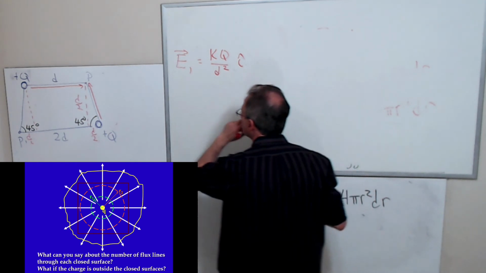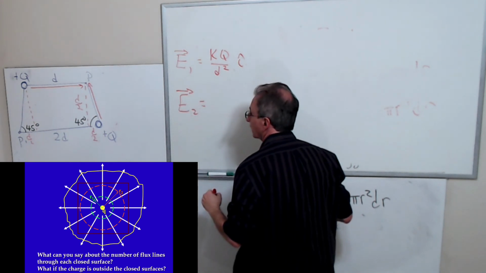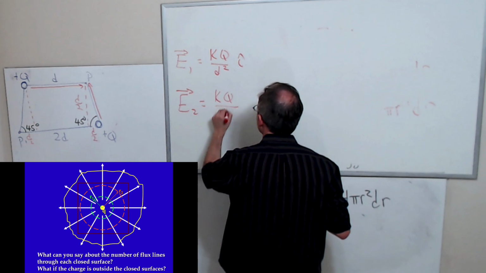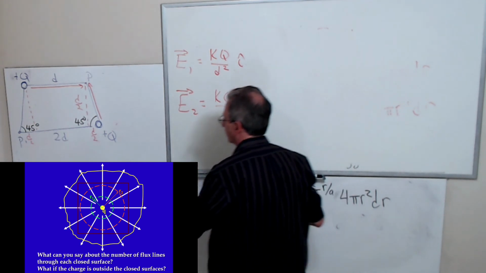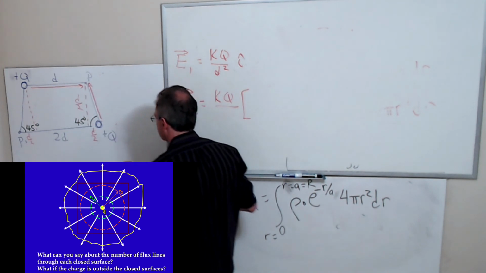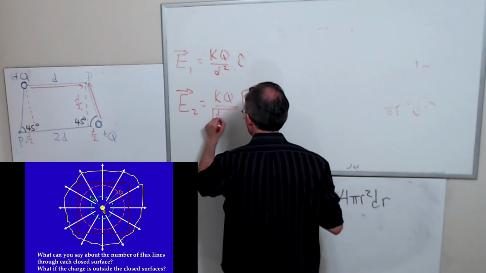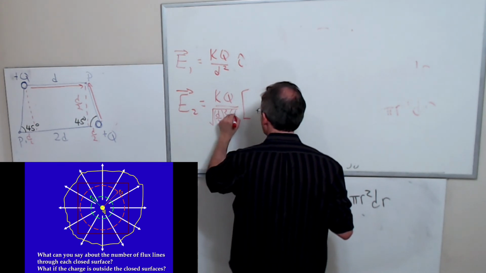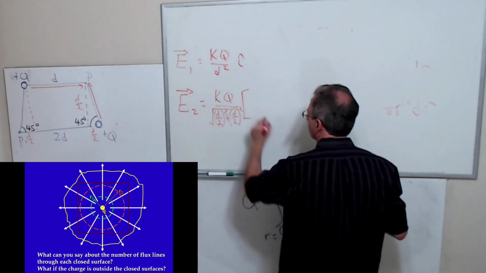The field due to the other one is going to be K Q over D squared. Oh, not D squared. It's going to be this distance. And the cosine